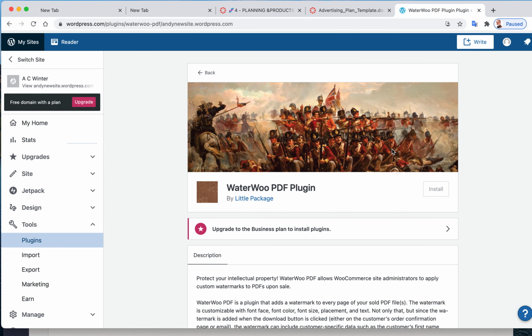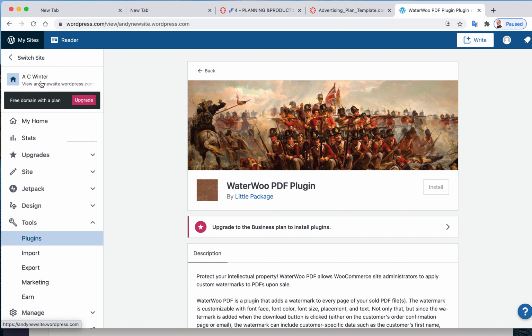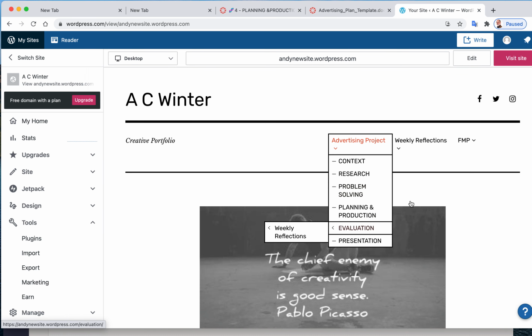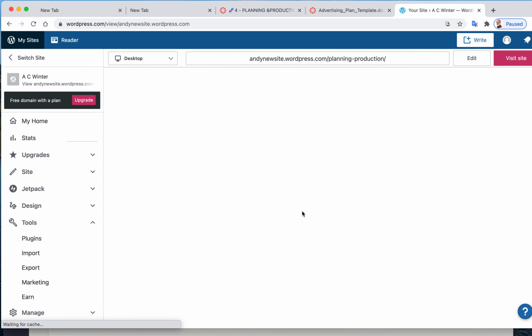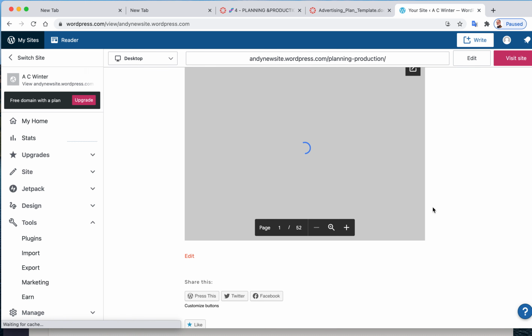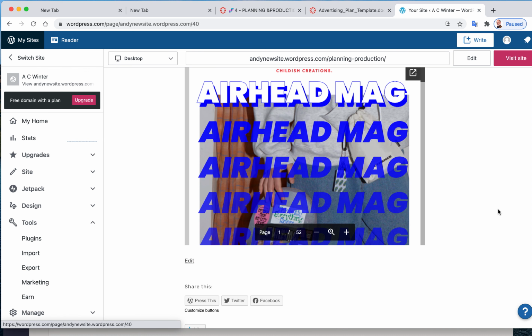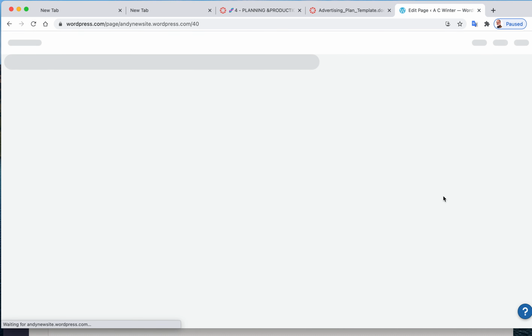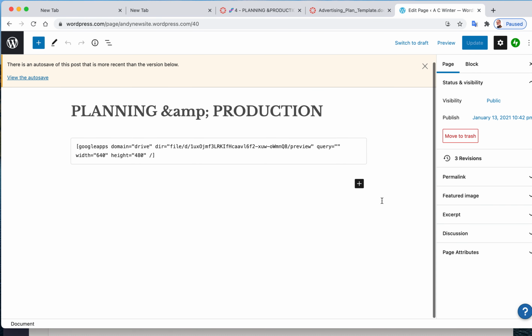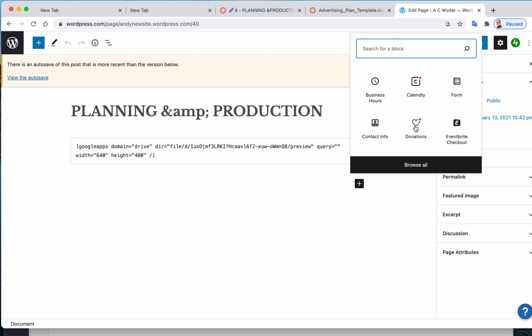If you have a Gmail account, you can actually embed PDF readers on WordPress in much the same way that I have done for you here. Let me show you how to actually do that. First of all, you need to go to your edit options on the page where you want to display a PDF document. Right about here, you'll see this block that I've added, which has got some